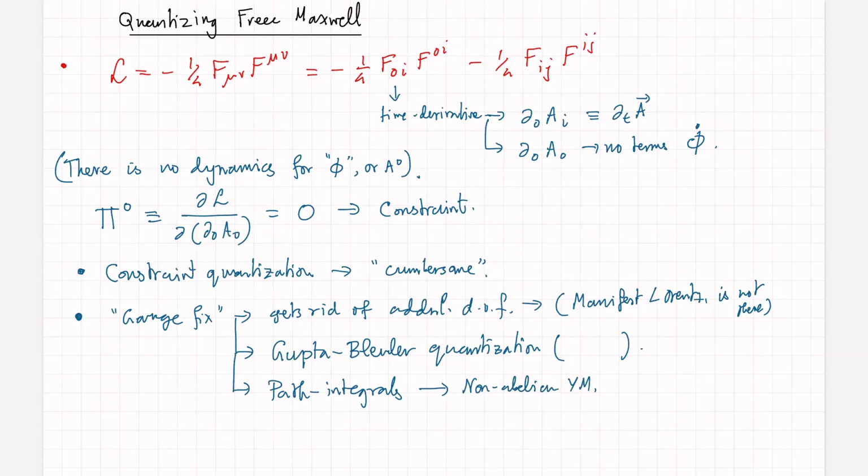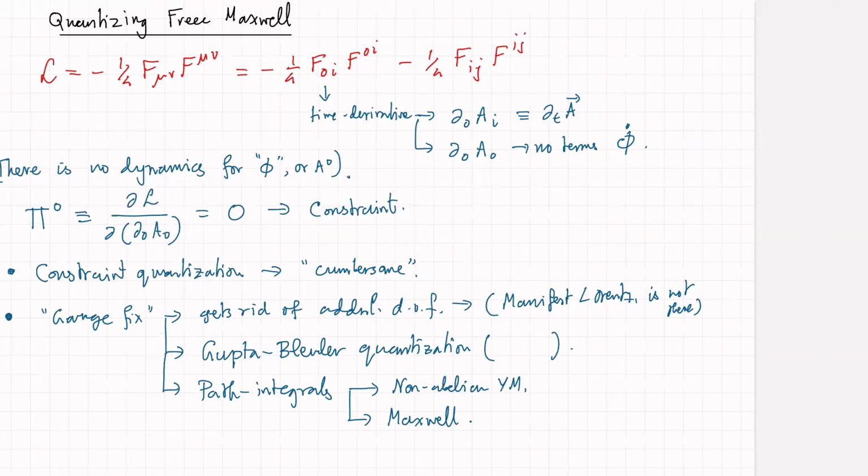And the best way to see path integrals in gauge theories, the simplest example, is QED and Maxwell theory. So that's why we are going to work in path integrals for Maxwell's theory. But it can be done in canonical ways if you want. Okay, so moving on, if I have just the free Maxwell theory,